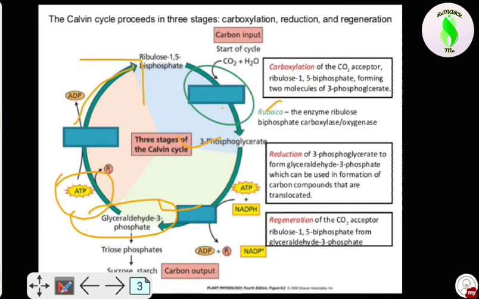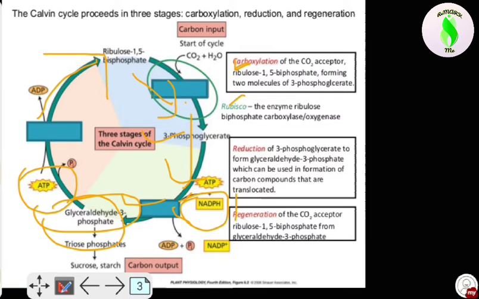What is the important term that comes in the Calvin cycle? That is carboxylation. There is addition of carbon dioxide to the RuBP to form a 6 carbon compound, and this addition of CO2 in the RuBP is known as carboxylation. What is reduction? As you can see over here, in this cycle 3-phosphoglycerate forms glyceraldehyde 3-phosphate, and it adds with ATP and NADPH. As you all know, NADPH has hydrogen, so the gaining of hydrogen is known as reduction. That's why this formation of glyceraldehyde 3-phosphate is known as reduction.